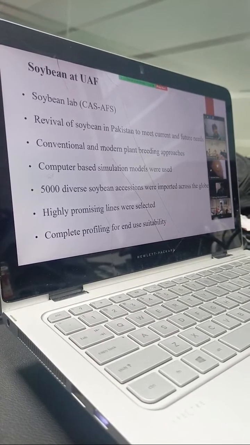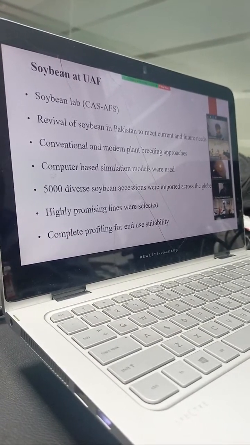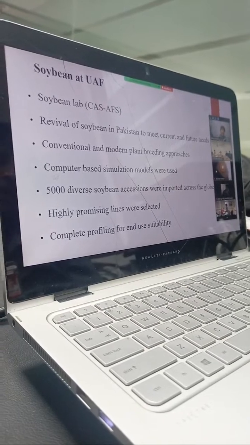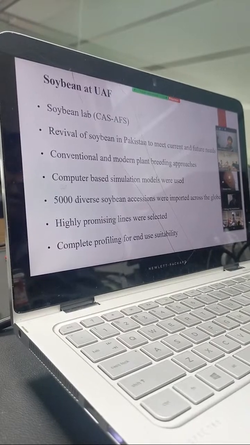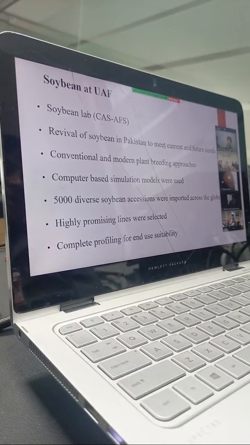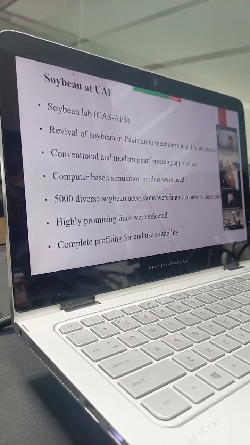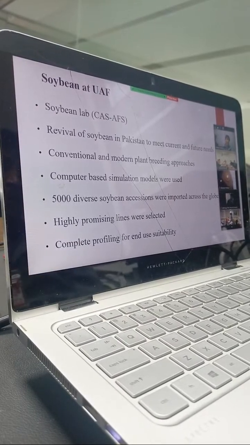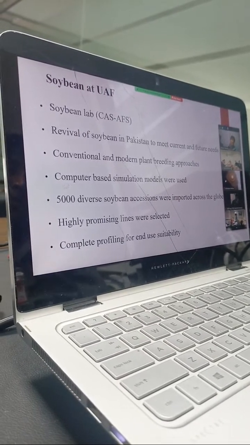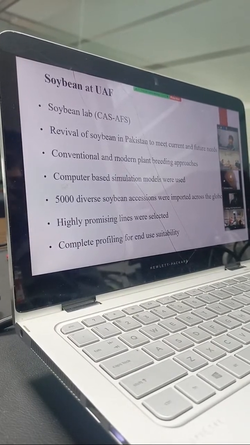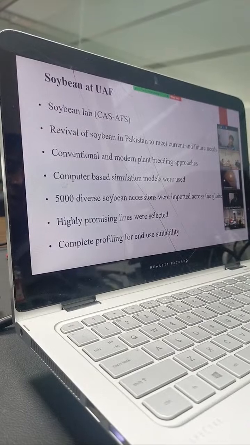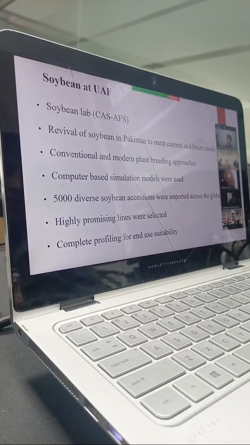need by using conventional plant breeding and modern plant breeding approaches. Also develop the production technologies and use all the means and methods available to make sure that Pakistan is self-sustained in soybean production. So, how we started that